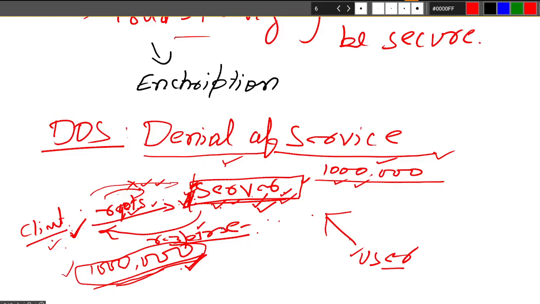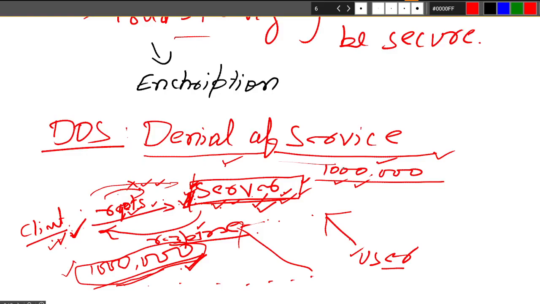Some machine learning techniques are also being implemented for denial of service attacks, and also distributed denial of service attacks, when not only one client but multiple clients together are sending requests to the server, right? So this is also a challenge for the security of distributed systems.